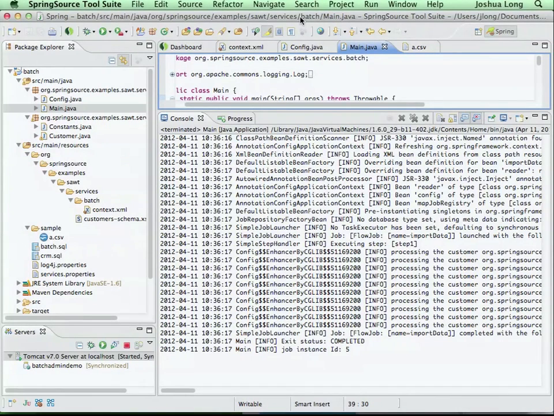Customer is the end point of this data, right? Well, I read the data from a file. You saw that CSV. I want to work with it in terms of a data type. I don't have to. I can just work with it in terms of a collection of strings, like a map, or a result set, actually. But because I want to be able to call my own domain model services and all that stuff, it would be nice to have a real statically typed, type-safe reference. So I use Spring Batch to convert it into a customer, automatically. And then I can work with that in my processor, right?